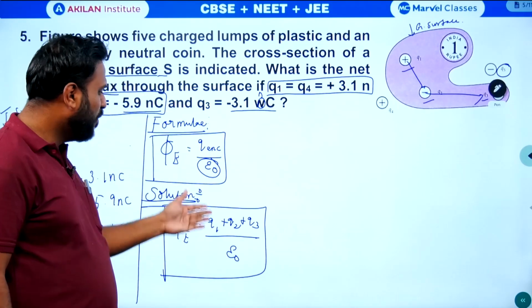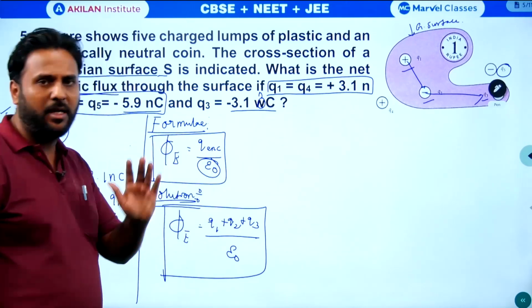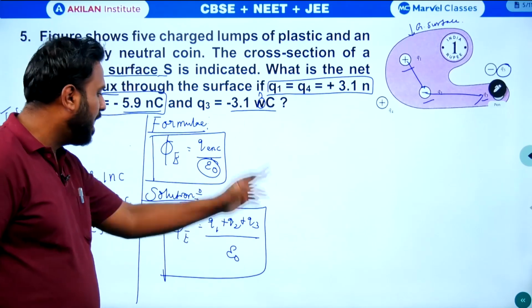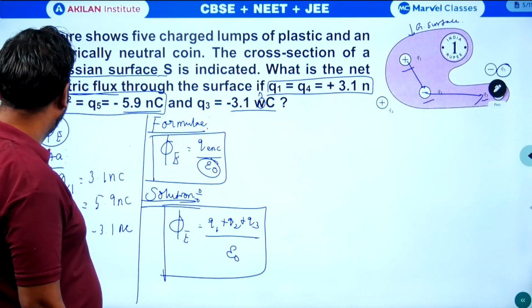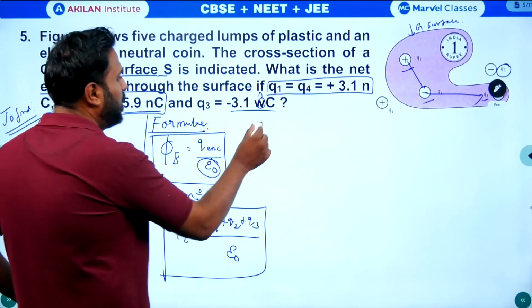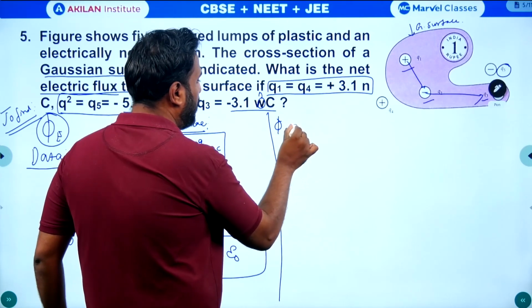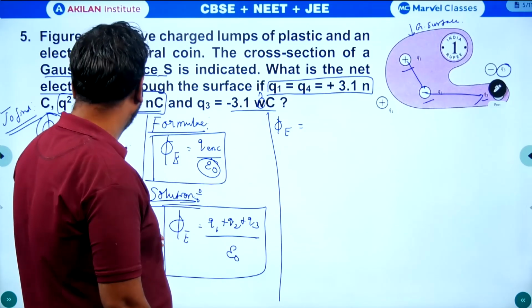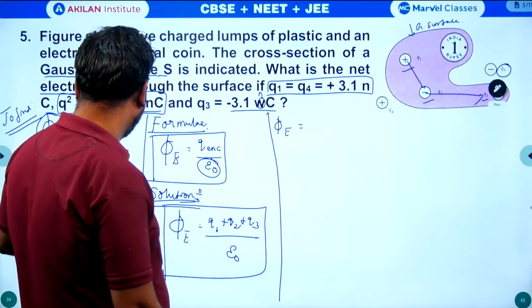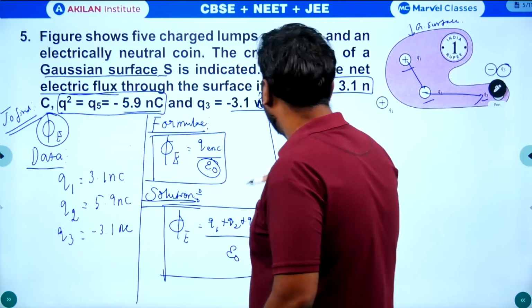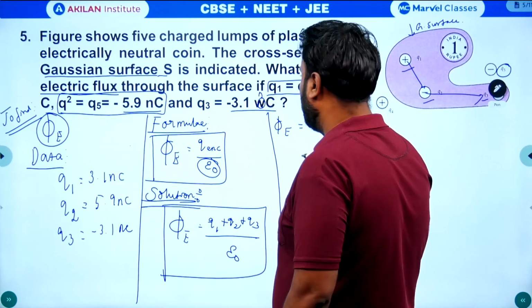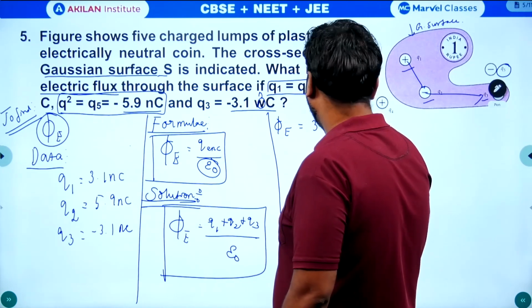Phi equals q1 plus q2 plus q3 by epsilon naught. So we just add all the charges. Data, to find, formula, solution. Next we can do the solution very easily. Phi e equals, what is q1, q2, q3? 3.1, 5.9, minus 3.1. Okay, very easy. 3.1 plus 5.9